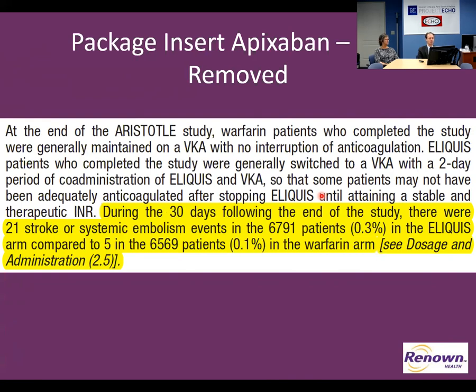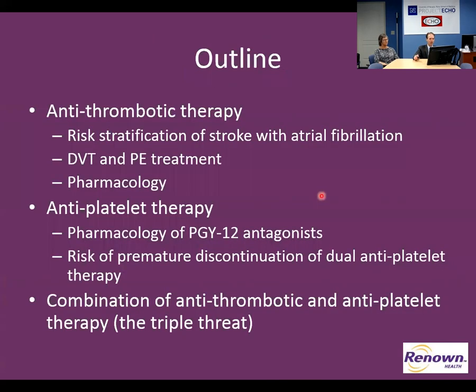But there was for a time this thought that there was this rebound prothrombotic effect when you would stop Eliquis. And I'll say that I've interrupted Eliquis 1,000 times since then. And I've not seen anything similar to that. So the original black box warning has been discounted. So if anybody remembers all that rigmarole, that's no longer a thing, bottom line.